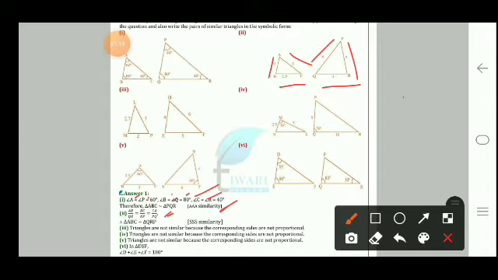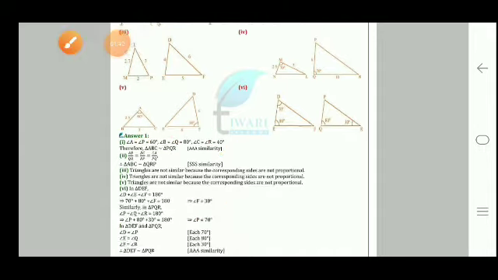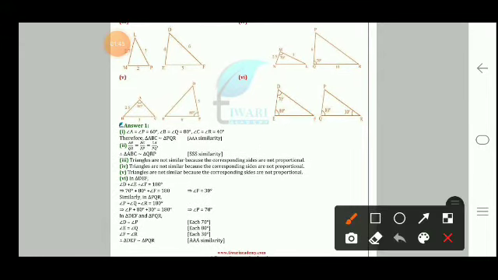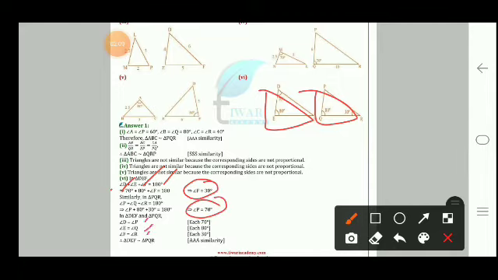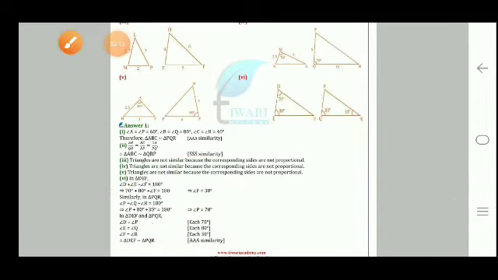And in the sixth part, we can easily see here that two angles are given, so we can easily find the third angle. On finding the third angle, in triangle DEF, angle D plus angle E plus angle F is equal to 180, so angle F is missing here, and angle F is equal to 30 degrees. Then in triangle PQR, angle P is missing, so again the value of angle P is 70. So what we are finding here is that the corresponding angles of both the triangles are equal. So it means both the triangles are similar by the angle similarity.